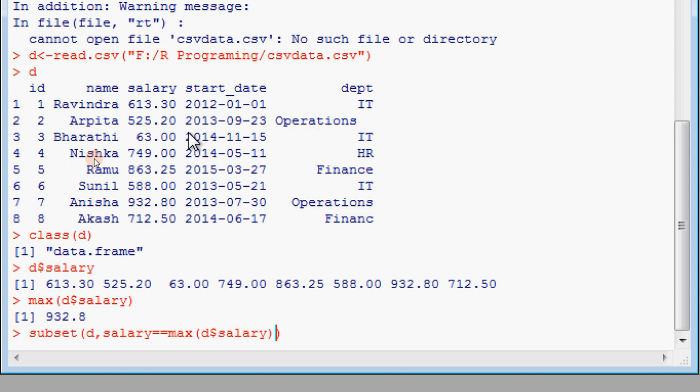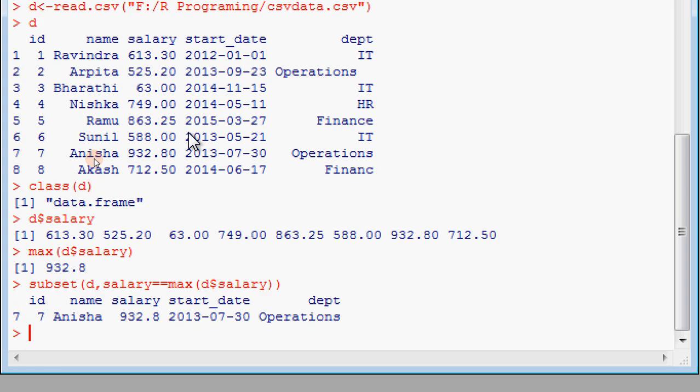Maximum amount, who is taking? See that, Anish? Record number 7, ID number 7, is getting the maximum salary. He is working in the operations department, right? And